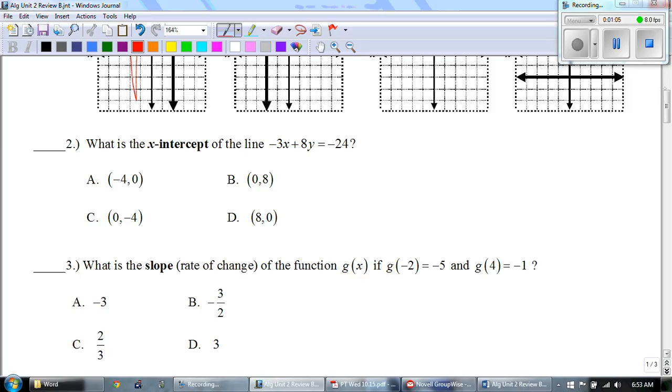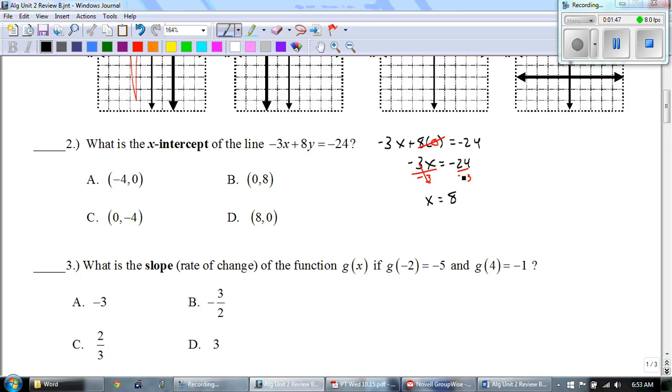Okay, what is the x-intercept of the line negative 3x plus 8y equals negative 4? Remember your x-intercept is where y equals 0. So when I'm figuring this out, I would plug in 0 for y and solve. So 8 times 0 is 0, and we're left with negative 3x equals negative 24. And to get the x by itself, we have to divide by negative 3. So after dividing by negative 3, I get that x equals negative 24 divided by negative 3, which is a positive